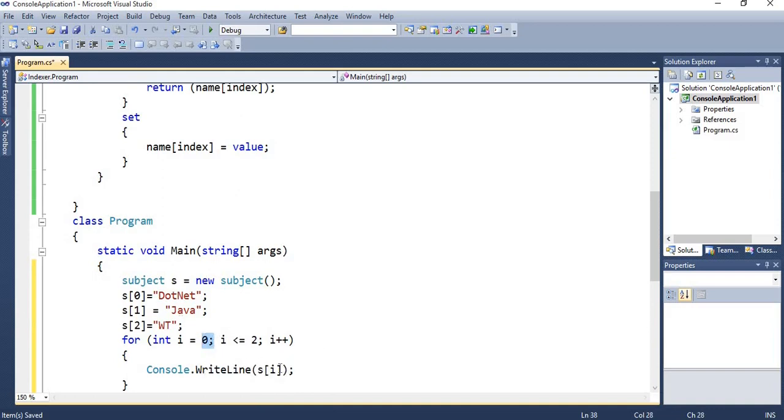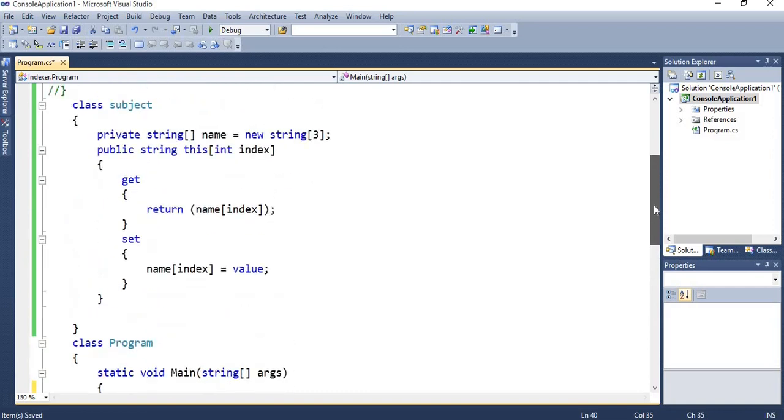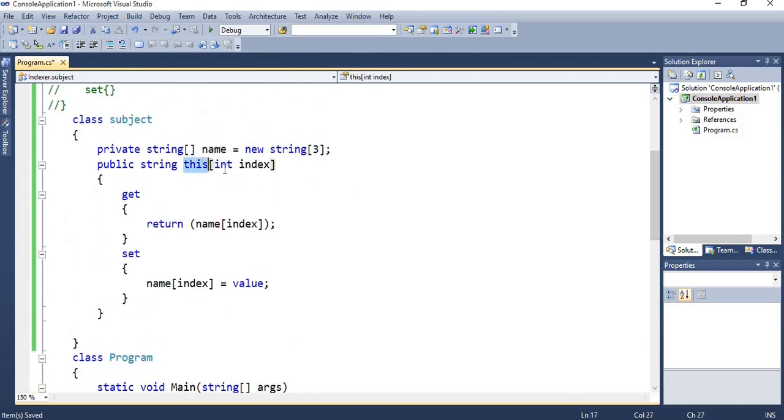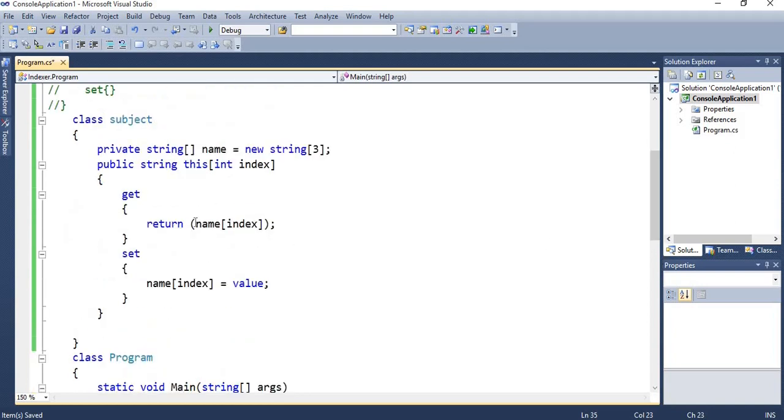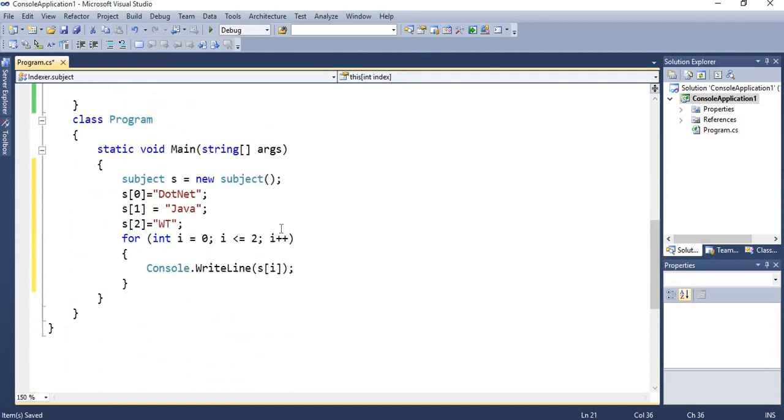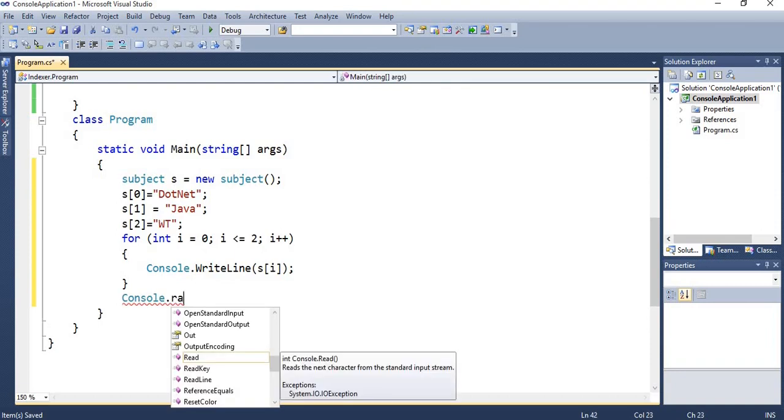The first time it will put the i value 0, meaning s 0. At the name 0 location, the value is set, which we have defined as .NET, and at the time of returning the value it will show the name .NET. Likewise, each and every time the loop will execute 0, 1, 2. So we can set 3 values in our private variable.